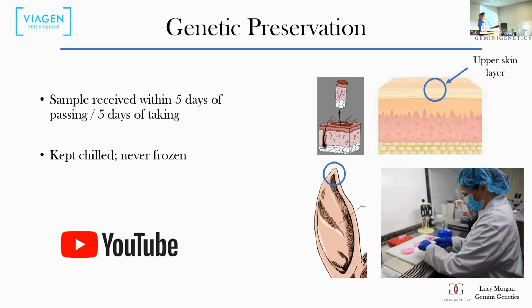And in terms of biopsy punches, it is just the skin we're interested in. So we don't want a deep punch going into muscle and fat tissue. We don't use that material. We're just using skin. And I think Amelia highlighted we have to have the samples sent to us chilled, not